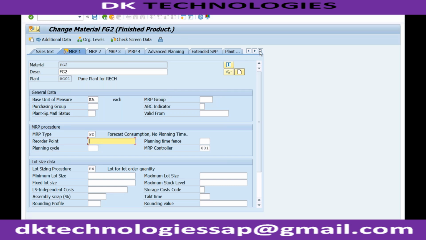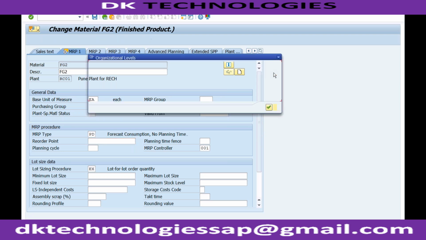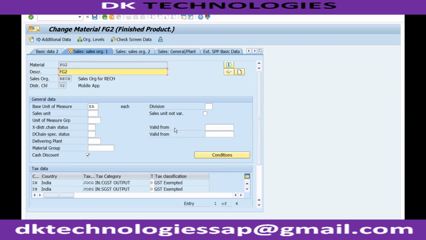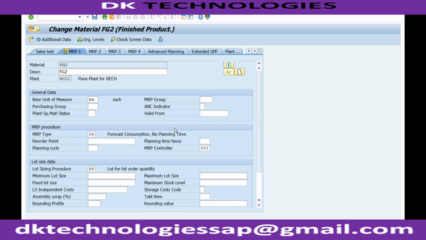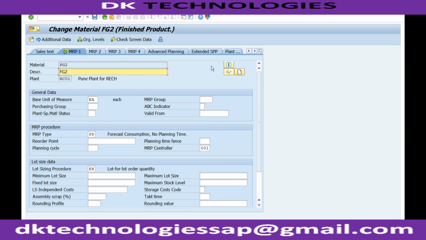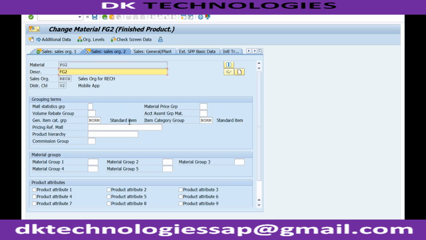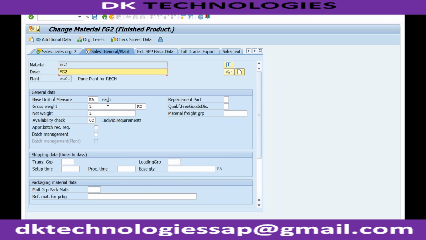No, because in the sales tab, this is related to MRP or availability control that we already maintained. So that was this one. If I show you in sales tab, this one, availability check. No MRP type in